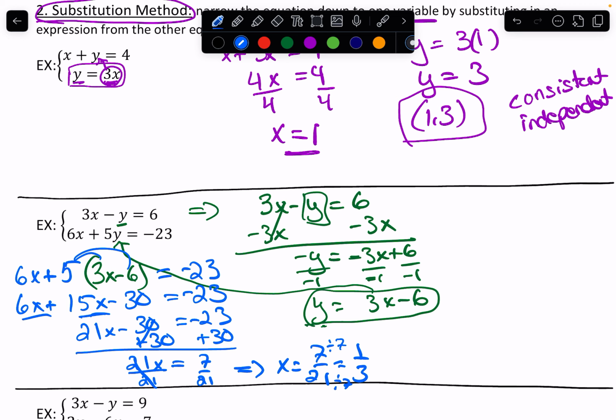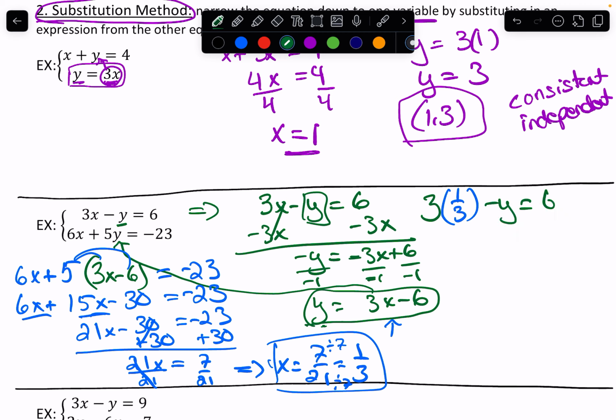Okay, so now we got our x here. Now we need to plug it back in. What we want to do is plug it back into one of the original equations. Why do we do that? We do it so that in case we made a mistake, for example, here, we're not making another mistake again. So it's just easier to go ahead. So I'm going to use that top equation, the first one, so 3 times, and now the x is going to be 1/3